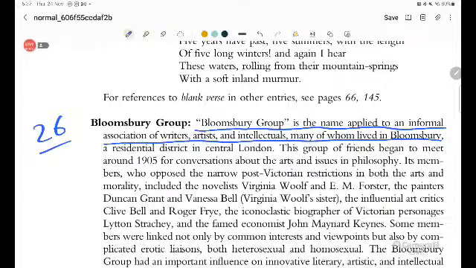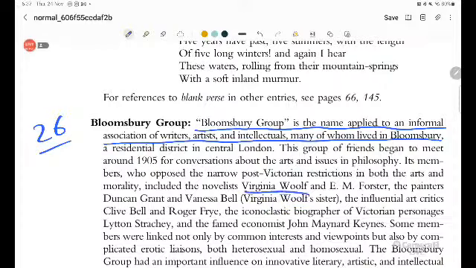A residential district in central London. The group of friends began to meet around 1905 for conversations about the arts and issues in philosophy. Its members who opposed the narrow post-Victorian restrictions in both the art and the morality included novelists